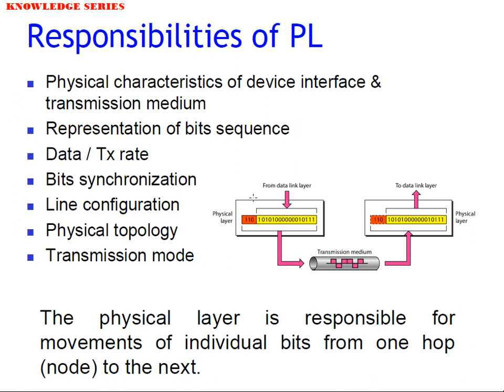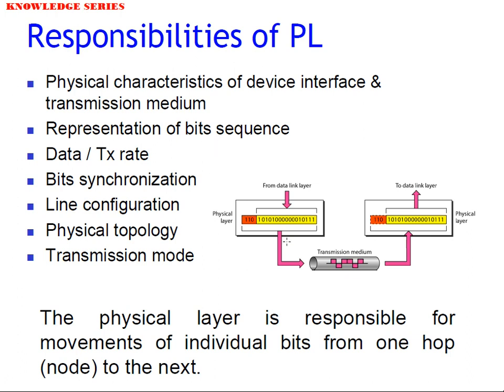So what are the functional activities? The physical characteristics of a device for interface to the medium, and from the medium it has to convert back to the physical layer format. So if you are sending a digital signal, it has to convert back. The digital signal is transmitted over here, and it is back in the form of a digital format.